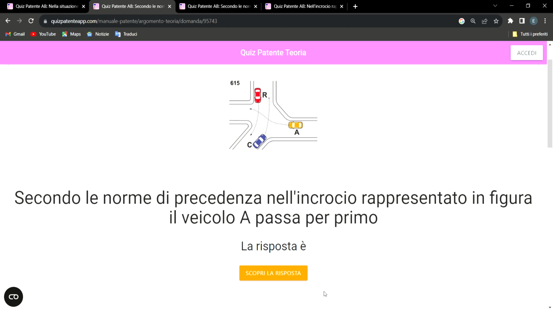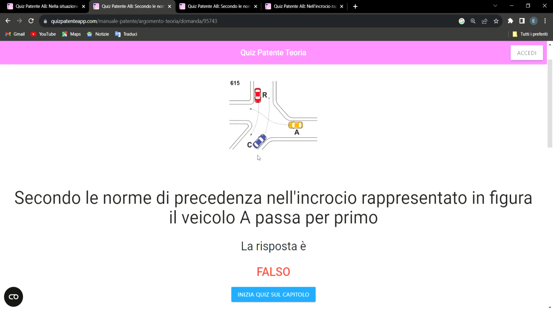Vero or falso? So the answer to this question is falso. Why is it falso? Now, let's go to vehicle A, because the question said that vehicle A is the first vehicle that will transit before other vehicles. If you take a look at vehicle A, you will see that the right hand side is occupied with vehicle R. So for that reason, vehicle A is not the first vehicle to transit. The first vehicle to transit is vehicle R, followed by vehicle A,